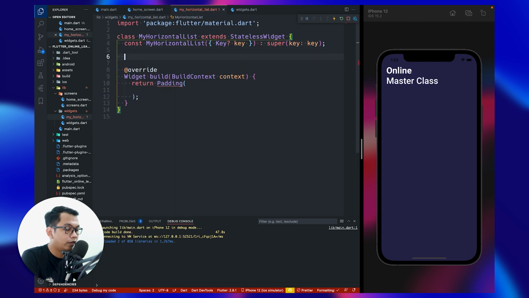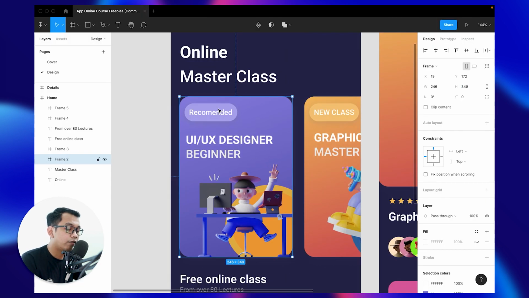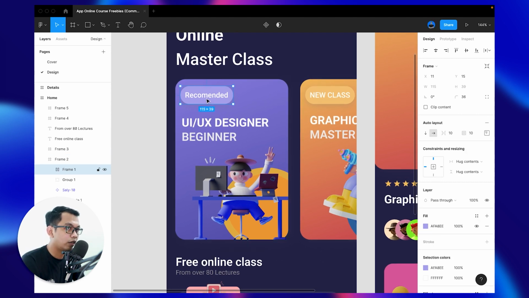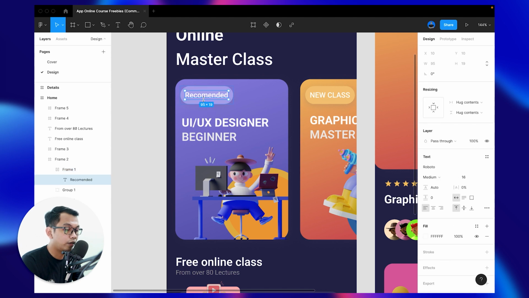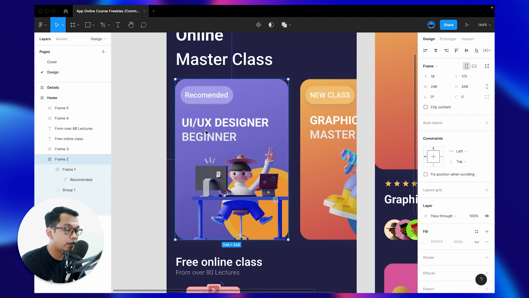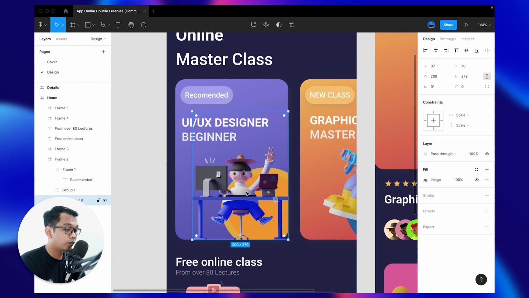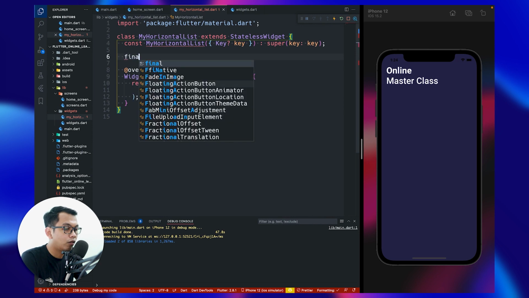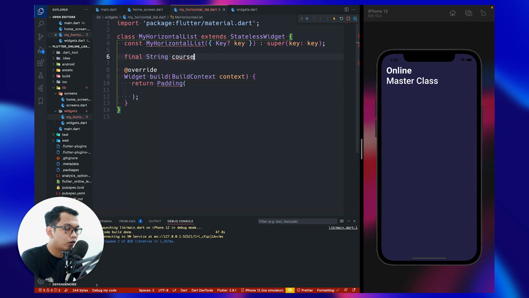And the important thing, we can see we have many texts right here, so let's name them as variables. We have this, let's name it course headline, and then this like course title, and then course image. So at least we have to add 3 variables to save our values. So let's see what we say right here, we call final String courseHeadline, courseTitle, courseImage.